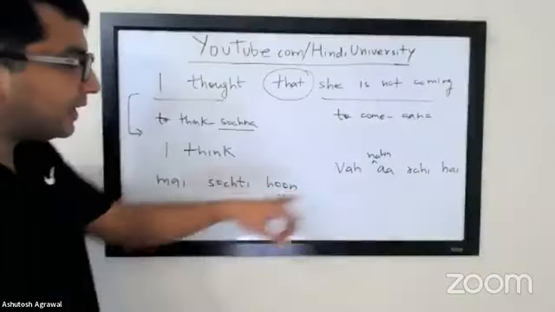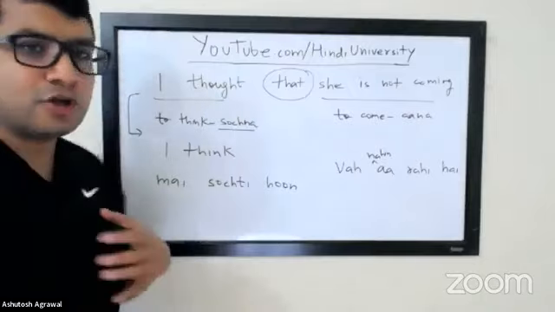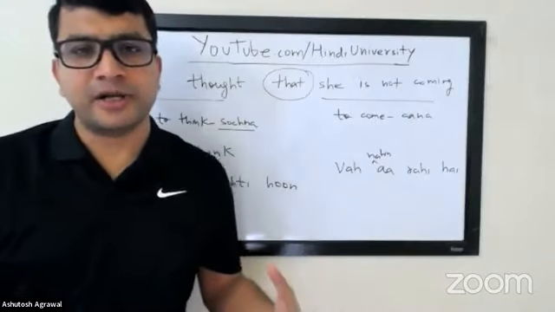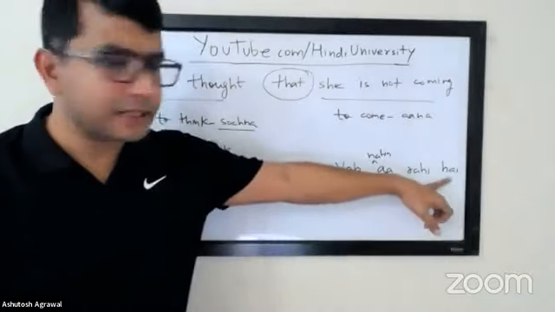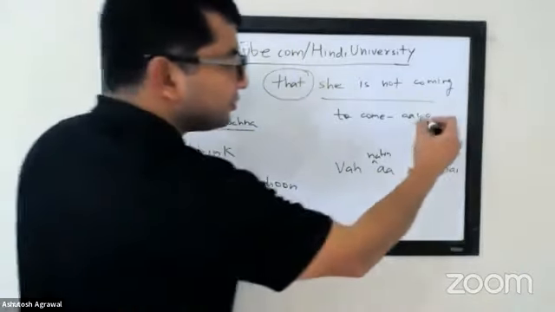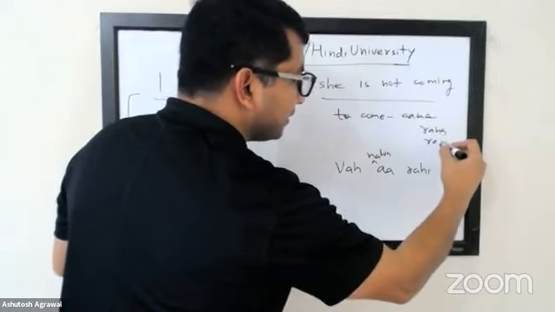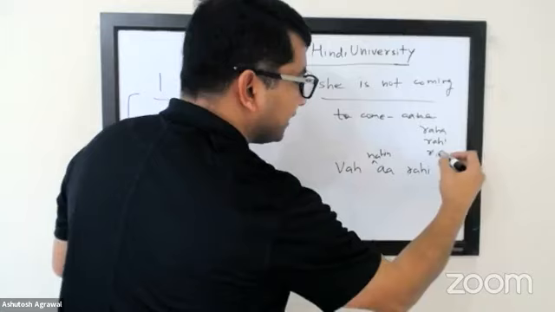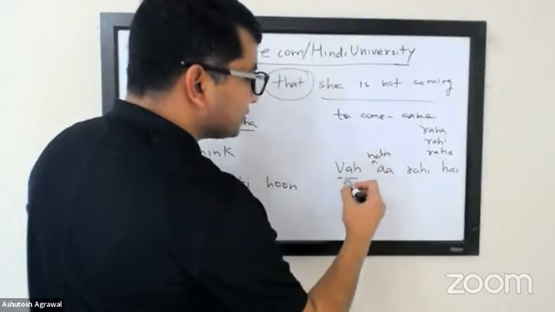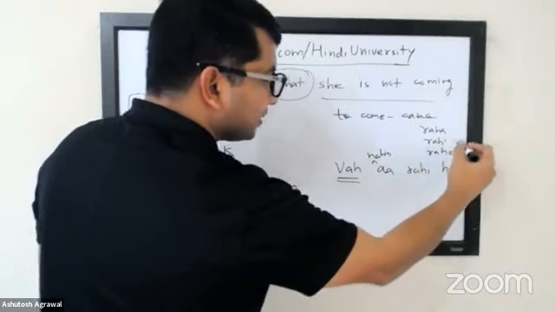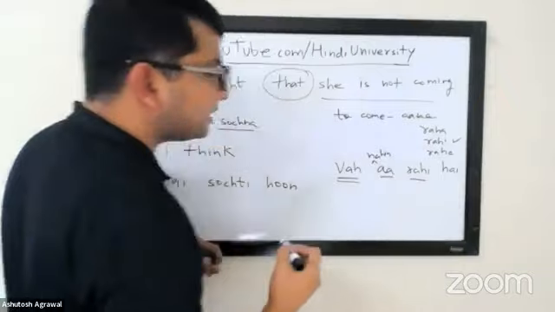नहीं आ रही है. Okay, so basically present continuous sentences are showing the continuity. Whenever you have that, you are conjugating the verb with raha hai, rahi hai. So what you do is you remove the na and you put raha, rahi or rahe based on the gender, right? In this case, because it's she, you will put rahi. वह आ रही है और वह नहीं आ रही है.